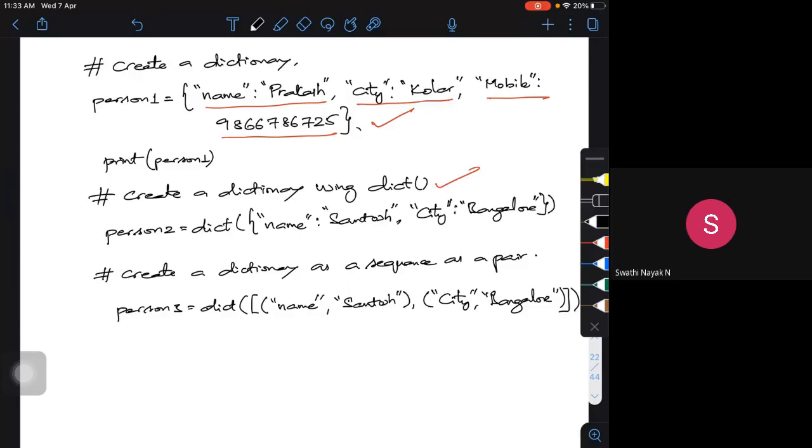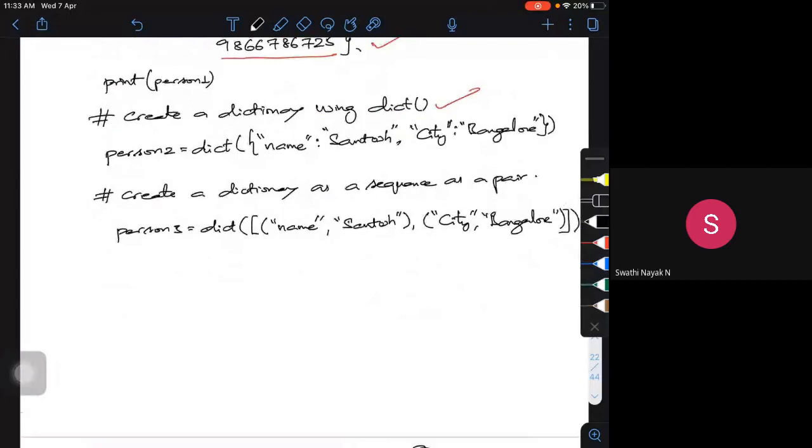That's it. Is it possible for us to create a dictionary using only a list? Yes, it can be done. I'll show that.